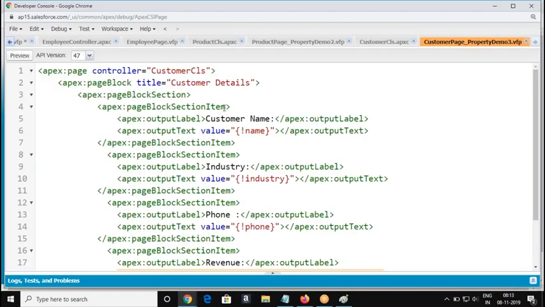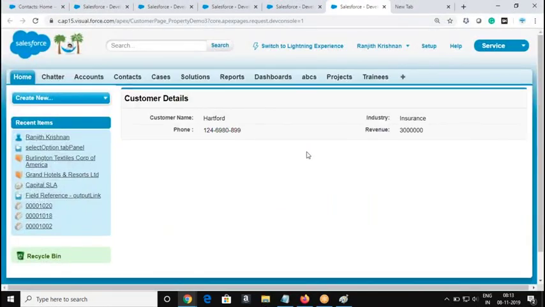So we get it like this. So, one column layout.